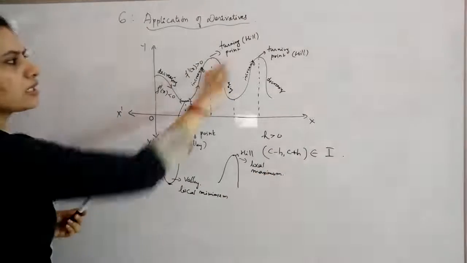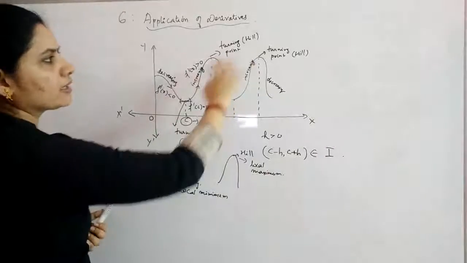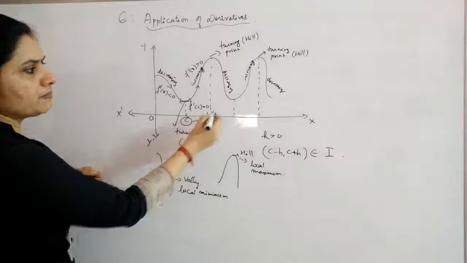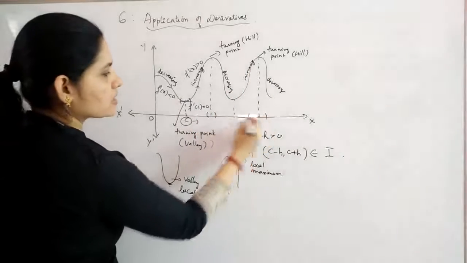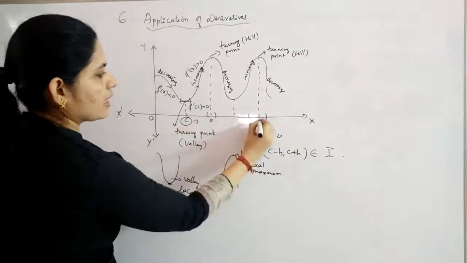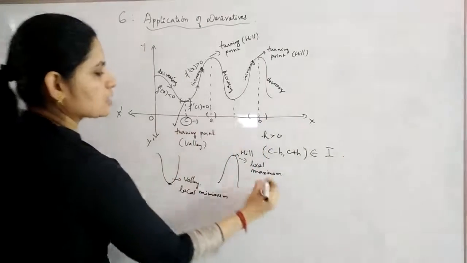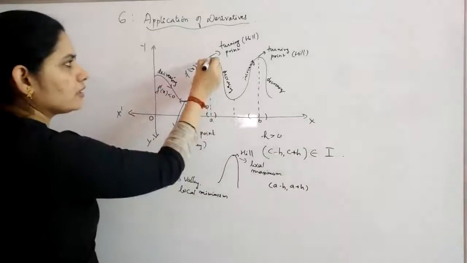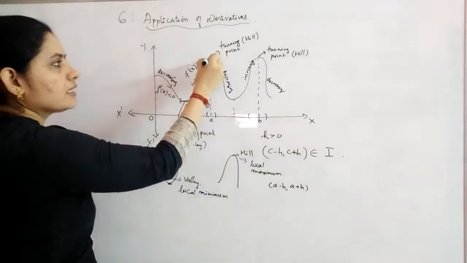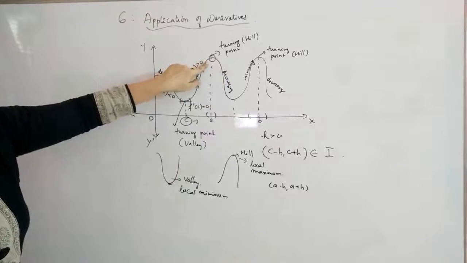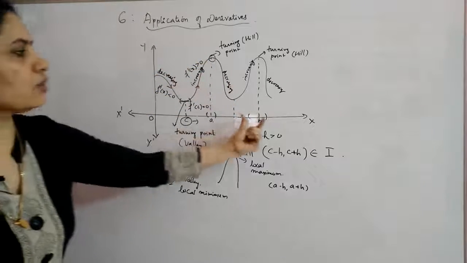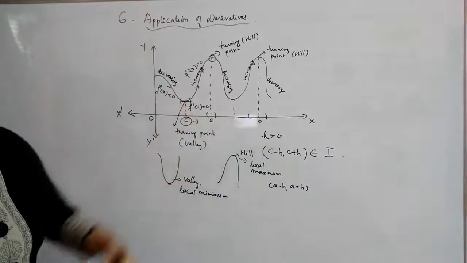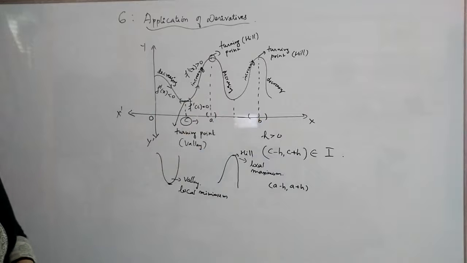So it can happen in this figure. You can see two points where you have that. In this one, this is the point of maximum, and in this interval, if this is C, and this is suppose A and B, for this interval when you consider A minus h, A plus h, in this interval you have a hill. That means here you get the point of local maxima. Again, when you go to this point, you have another maxima for that interval. That's why it is known as local maxima or local minima.